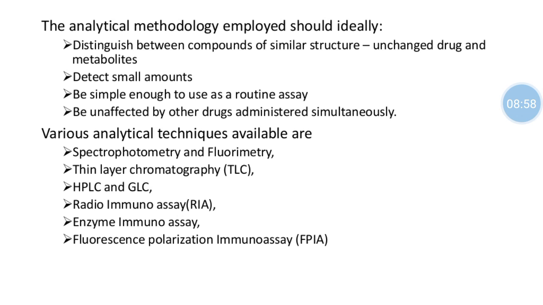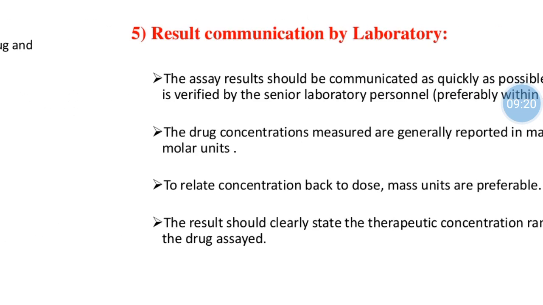If in a certain sample you add a certain chemical, it produces a fluorescence effect. That fluorescence effect is captured at your lambda max, as with spectrophotometry. In ultraviolet spectrophotometry, the drug is captured at the lambda max in nanometers. Similar nanometer values are also checked by fluorescence polarization immunoassay.